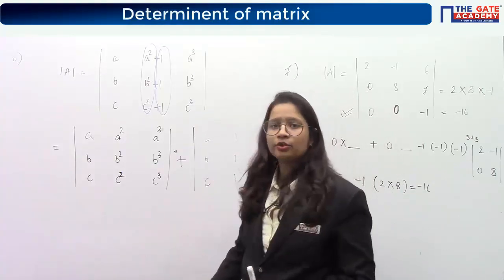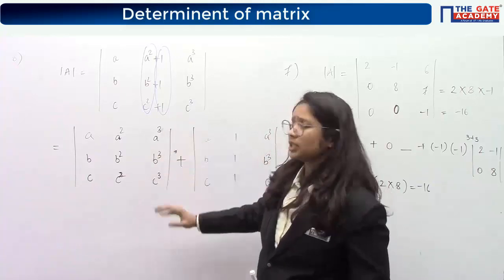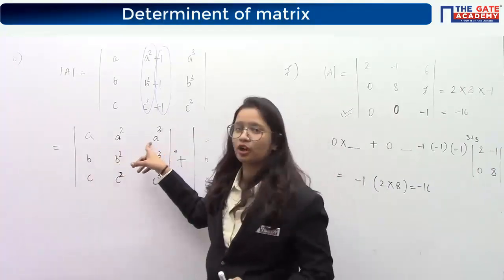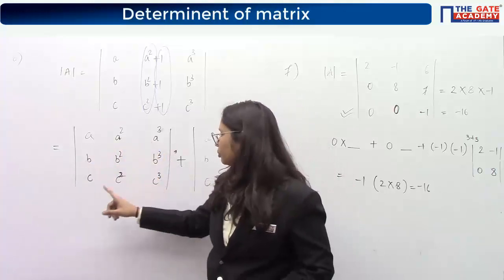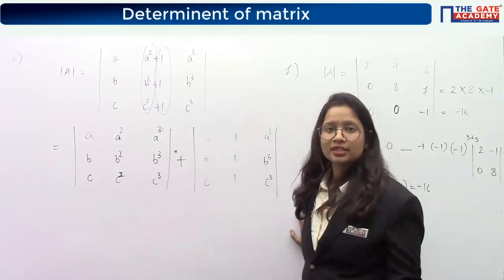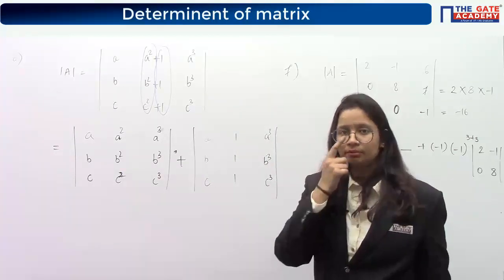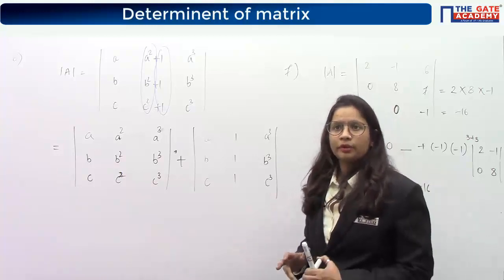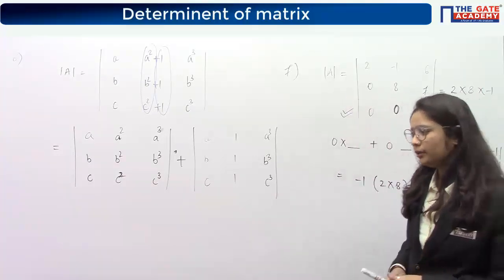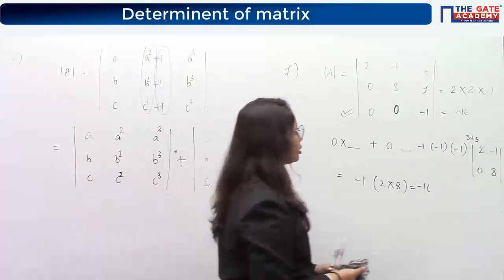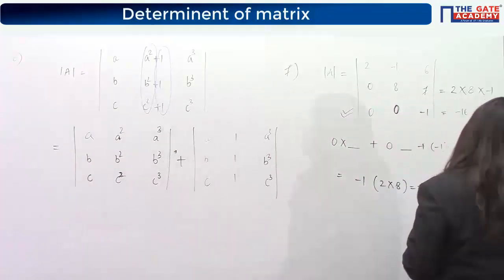Okay, now why do we do this? Because it becomes easier if you split those terms. Like you can see that now you can take this a as common from this row, b as common from this row, c as common from this row, and then it will become somewhat easier to solve this. That is the only thing we are trying to do here. Okay, did you understand this property or not? Please reply. Just split the determinant into the number of terms which you have in your column.